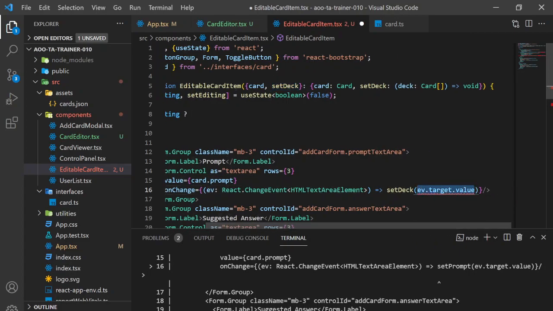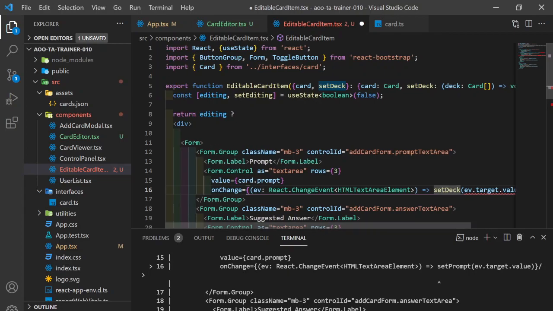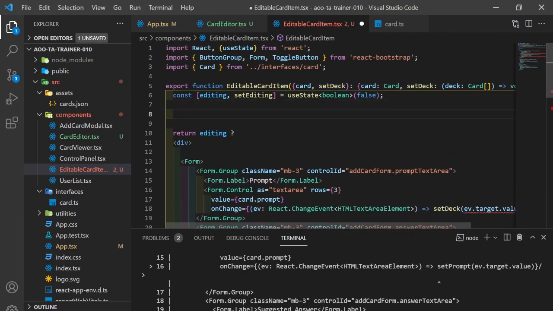That does not work. Set deck is expecting a list of cards, and I have here not even a single card. I have the prompt of a card, but we know which card. So this comes back to what I was doing in class before of wanting to be able to edit a card or attributes of a card that already exists. Let's make set prompt,